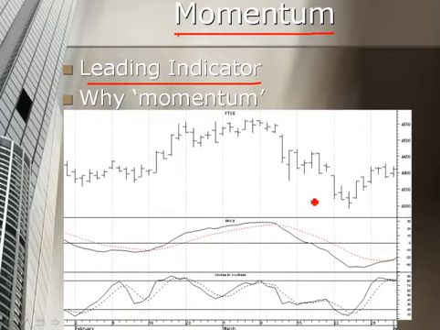That's what momentum is about. Momentum indicators are trying to anticipate a market turn. So for instance, around here, they're trying to tell us that the market is about to turn before it actually does, as it's done here. Whereas other indicators like the moving averages are lagging indicators. They only start telling you something after it's already happened.